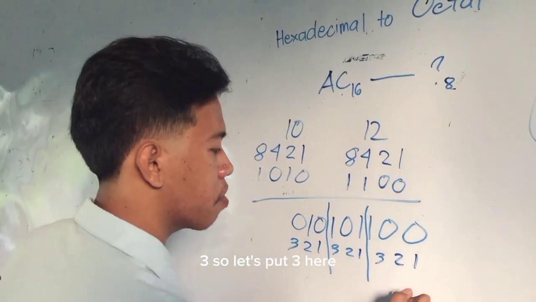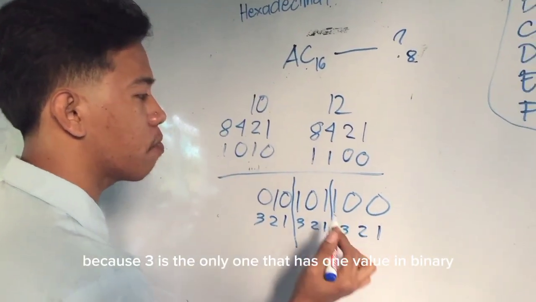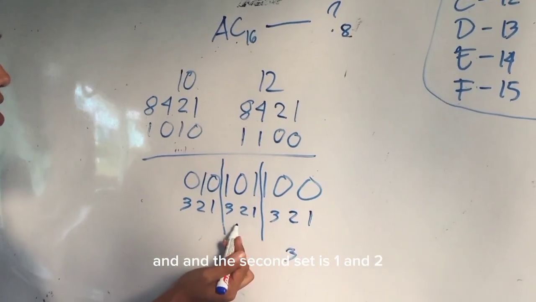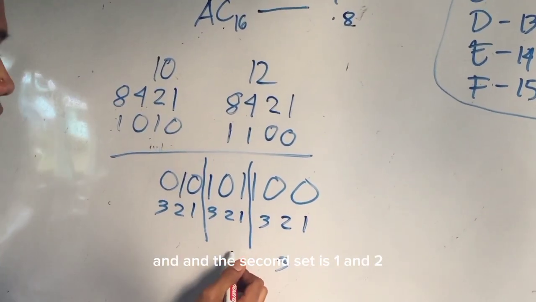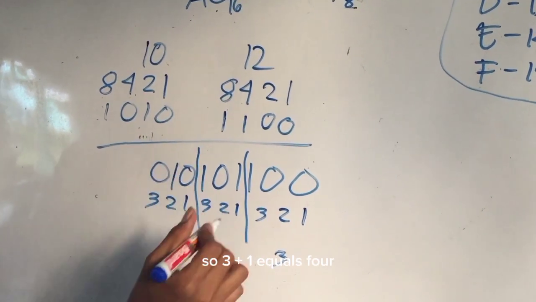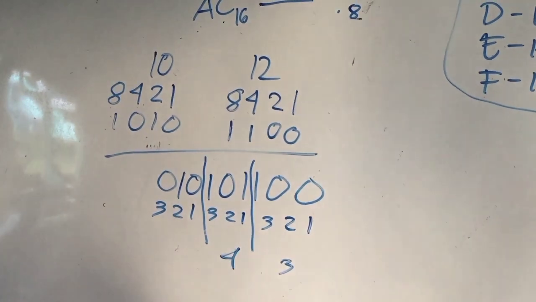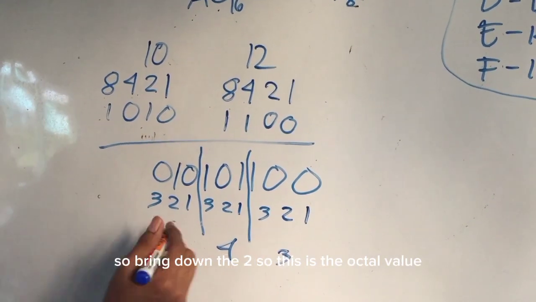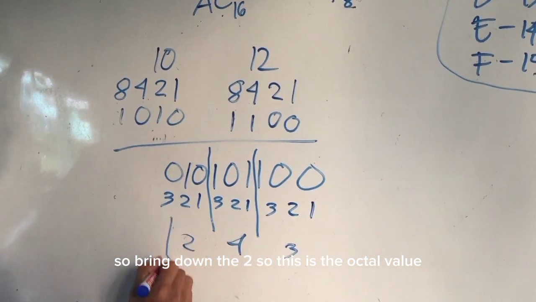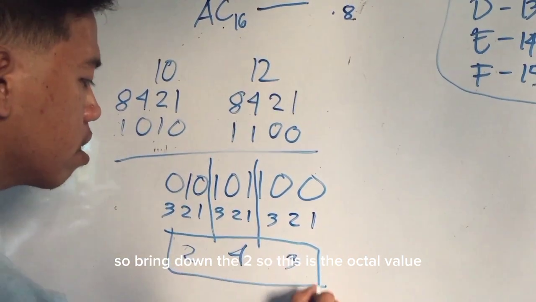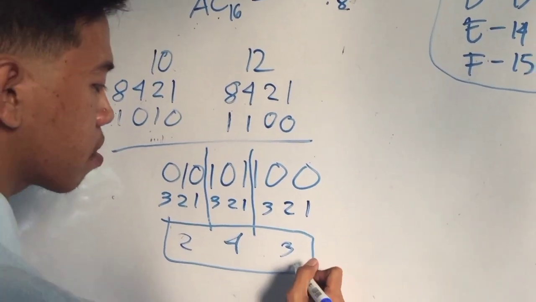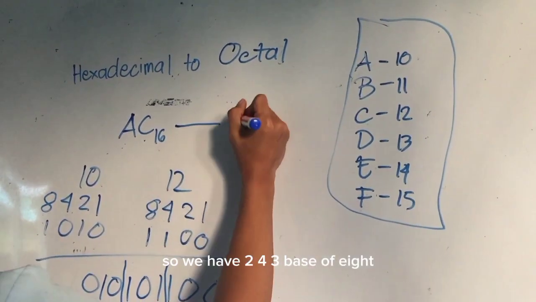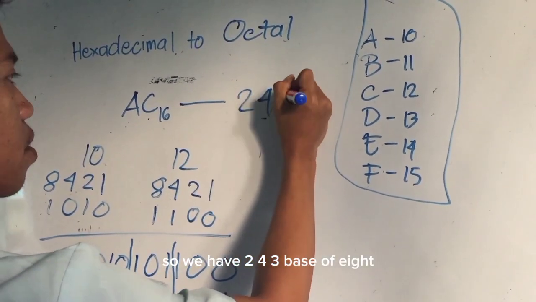So let's put 3 here because 3 is the only one that has 1 value in binary. And the second set is 1 and 2. So 3 plus 1 equals 4. Then here 2 is the only one that has 1. So bring down the 2. So this is the octal value. So yeah, 2, 4, 3 base